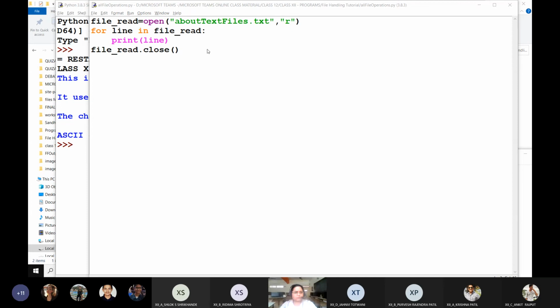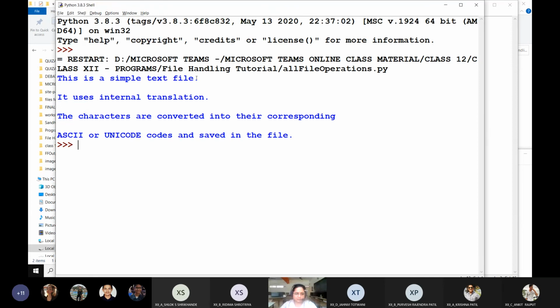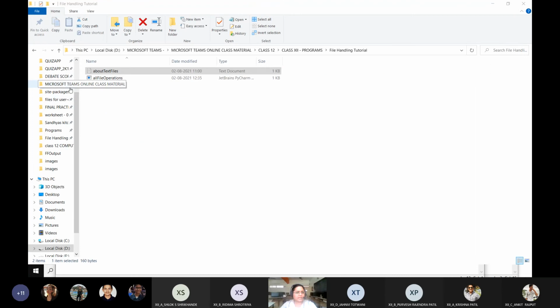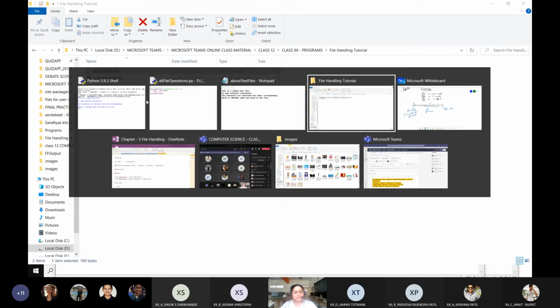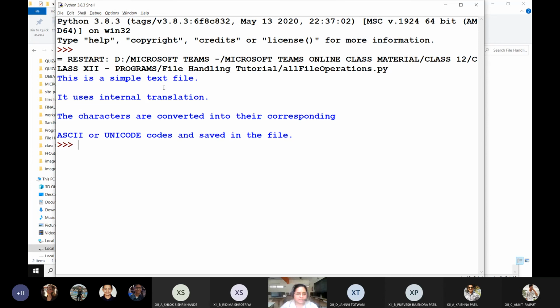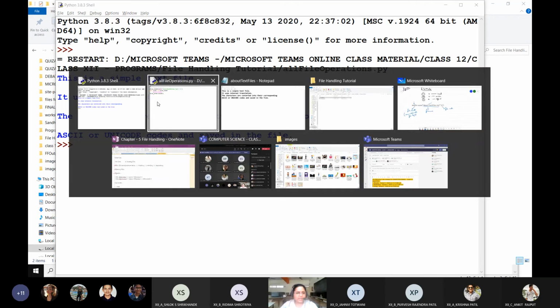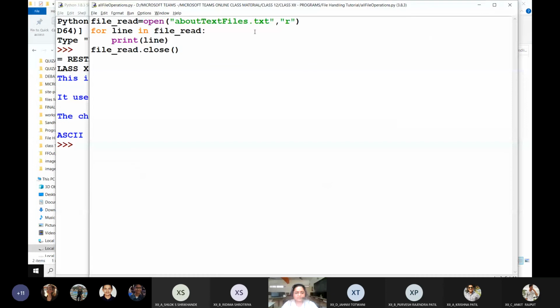Okay, so it prints one single line. Then it changes the line to start printing from the next line, but it finds a \n character at the end of the line, so it adds an extra line over there. So when we actually start with reading content from the file, you will understand it in a better way. If I have to remove this extra line, I will simply type here rstrip.